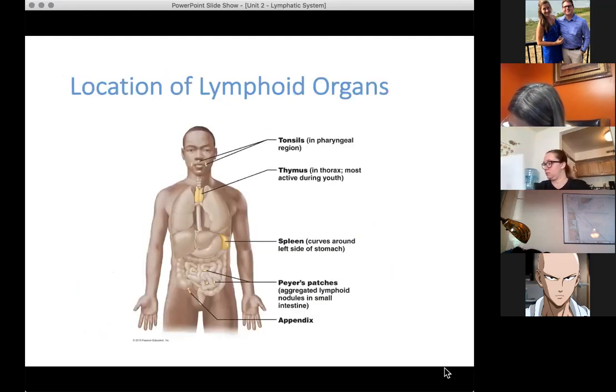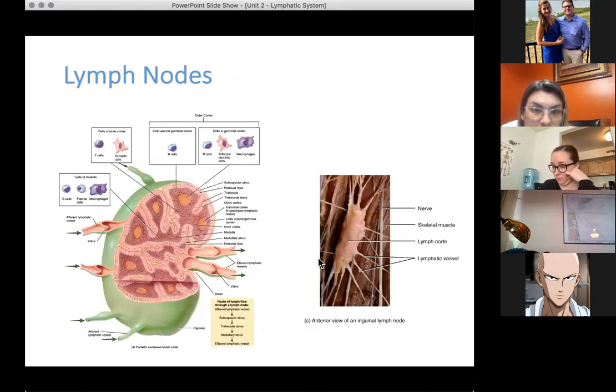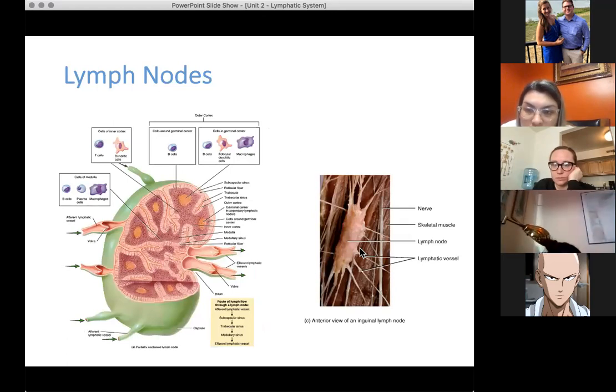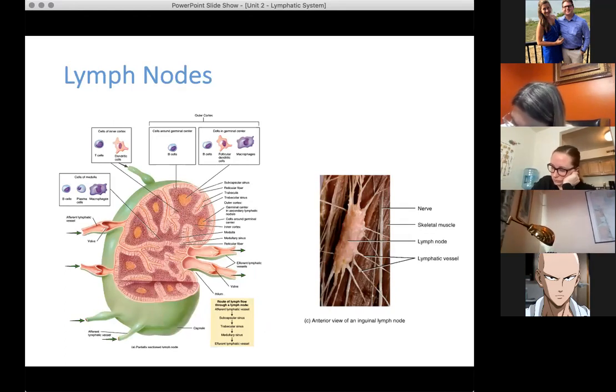Okay, starting with the lymph nodes. So let me scroll down in the outline. All right, so lymph nodes, just a quick description, let me show you here. This is what a real lymph node looks like. If you look at the PowerPoint, that's an actual picture of one. They are small bean-shaped organs